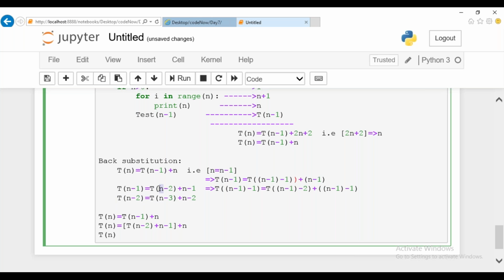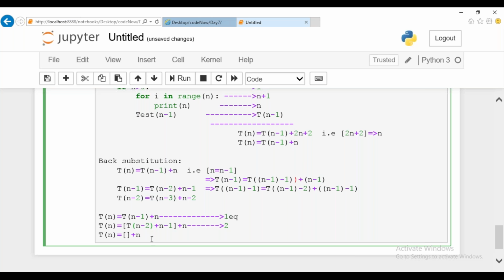Clear, ma'am. Got it. Okay. You want to mention it as the equation. This is your first equation, what you got. And this is your second equation. For the next iteration, this could be the third equation, where along with the existing n value, we are going to add this value. Only this part you're going to add, right?